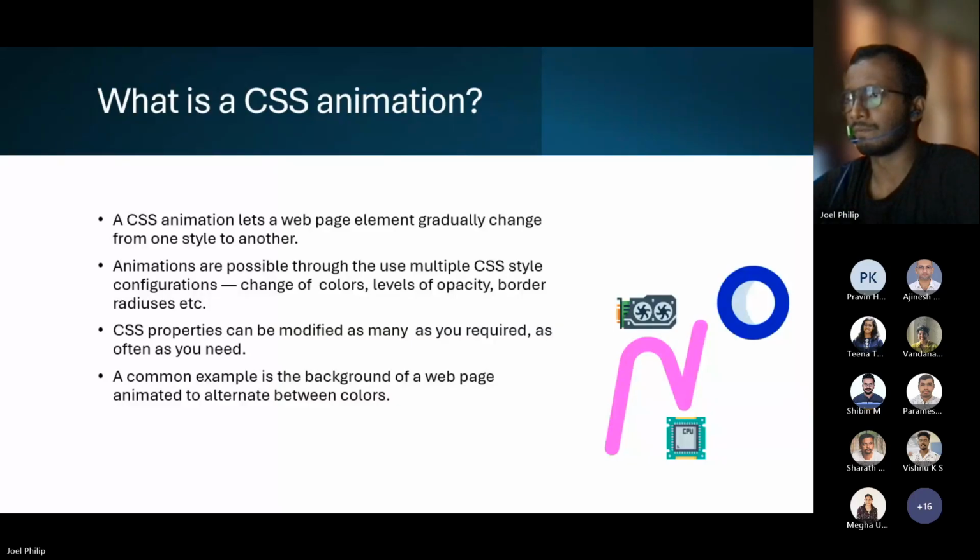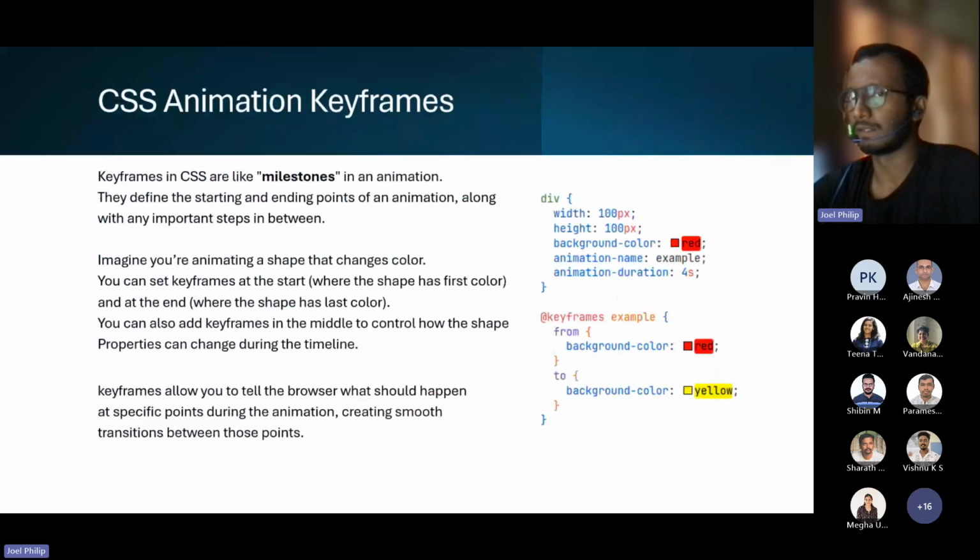But when selecting the property which is going to be changed, we need to be careful because some of these properties are optimized to be animated, but some of them are expensive. I'm not saying that they cannot be animated, but when they are animated, they consume a lot of system resources. So basically looking at some